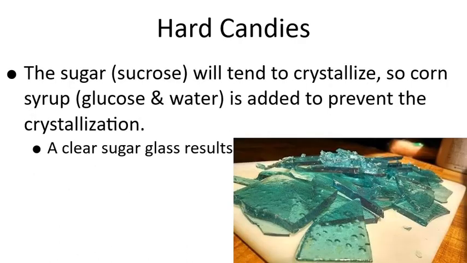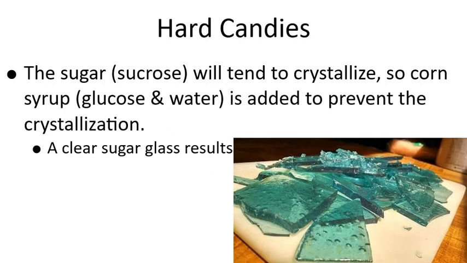The sugar, that is, the sucrose, will tend to crystallize, so corn syrup, remember this is glucose dissolved in water, is added to prevent the crystallization. Now, by crystallization here, I mean the process of forming large crystals with a well-defined structure at the molecular level. That well-defined structure causes crystals to have particular shapes with large, flat sides and sharp edges, similar to what you